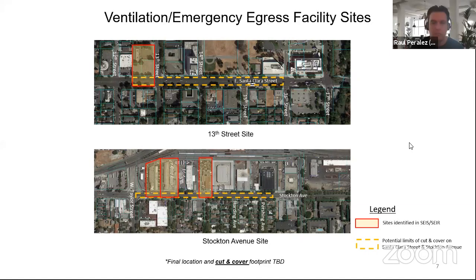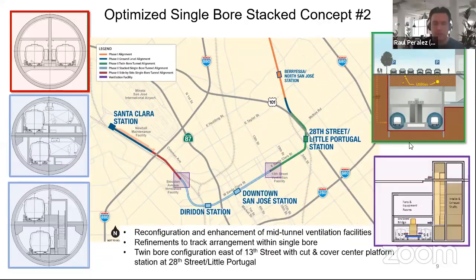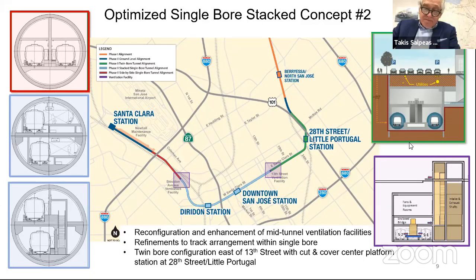Okay, that's helpful. And so just to clarify, this is what I was talking about earlier around the two types of boring machines maybe needed. So if we were to do a twin bore section, like in that option 2, and then move to a single bore, tell me if I'm wrong, Ray, but we would need different boring machines to do that. Yes, you're absolutely correct.